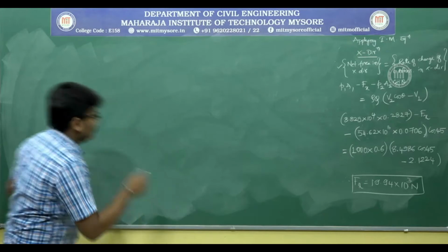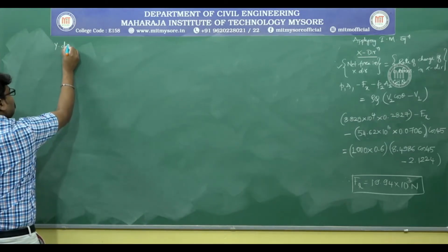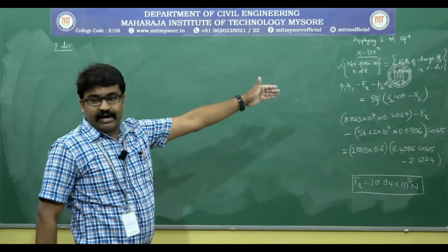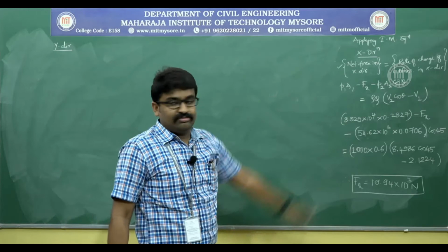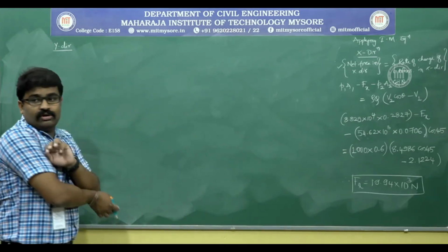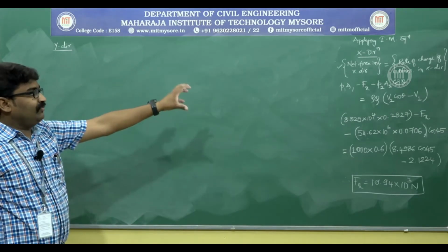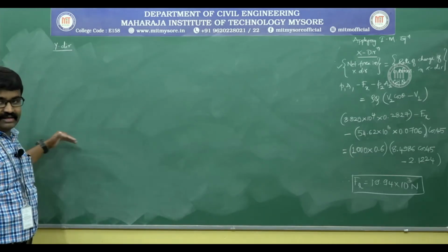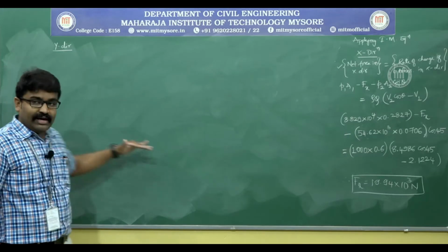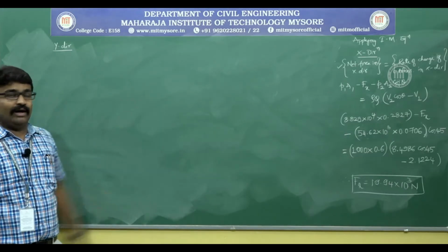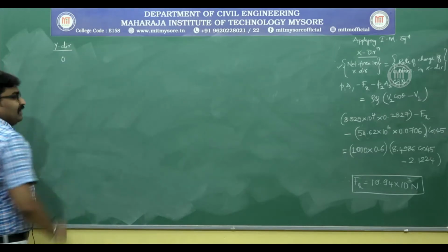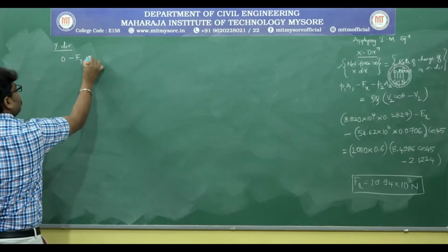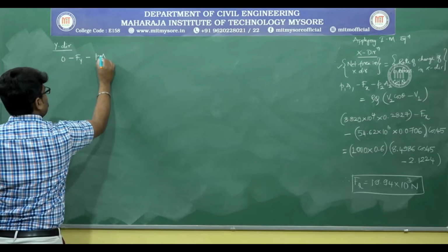So what I will have to do is the y direction. The same equation: net force in y direction is equal to rate of change of momentum in y direction. If you refer to the diagram, what is the net force in y direction? I think I should have retained the diagram. Anyway, in the y direction you have nothing at section 1. So P1 A1 in y direction becomes 0 minus Fy minus P2 A2